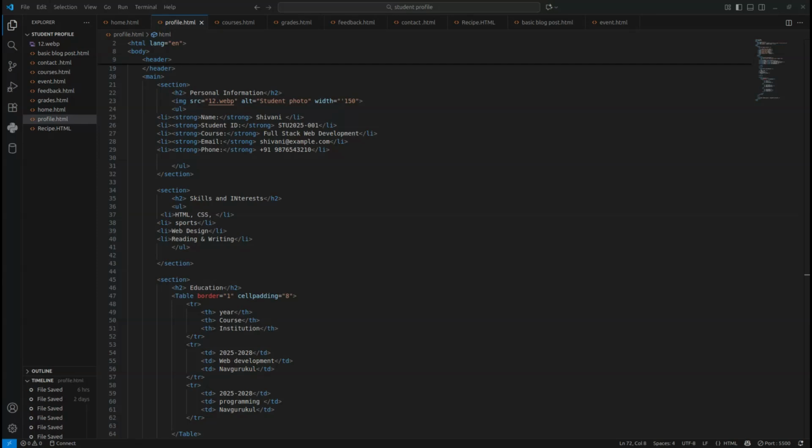Then I use alt, which is basically used for when our image is not uploaded. And I give a width to my image. And then I use li, which is basically used for a list. And I use strong, which is basically used for giving text in bold. And then I use